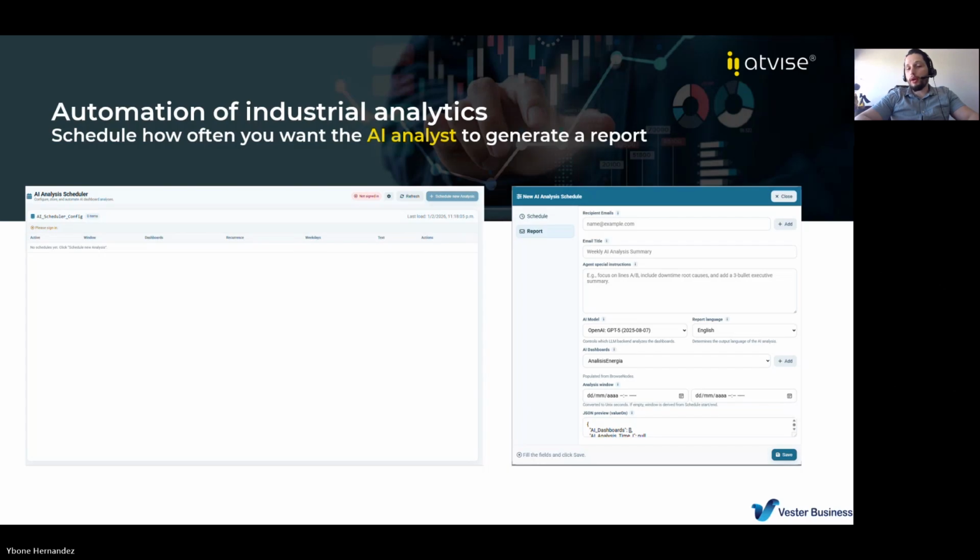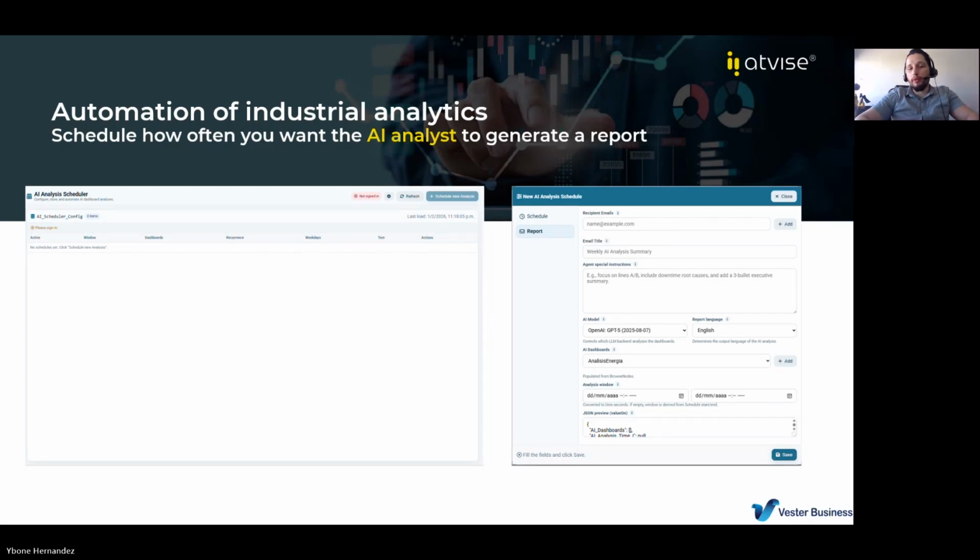There are a lot of patterns going on in the data that we have in our plants, in our processes. The best scenario would be to have someone analyzing those patterns every day. That's not viable and almost impossible.